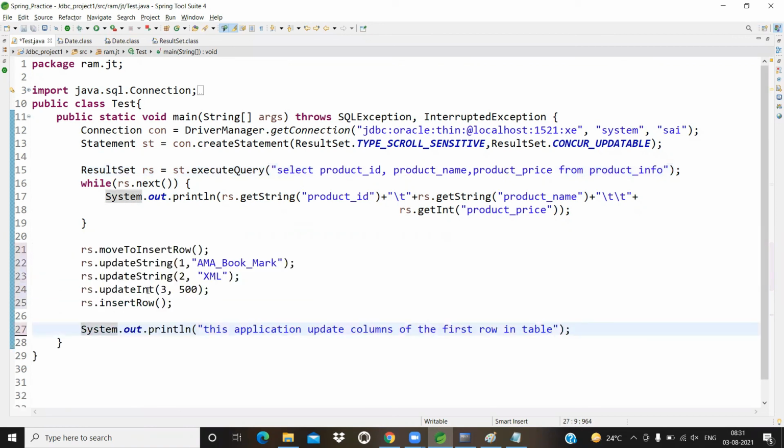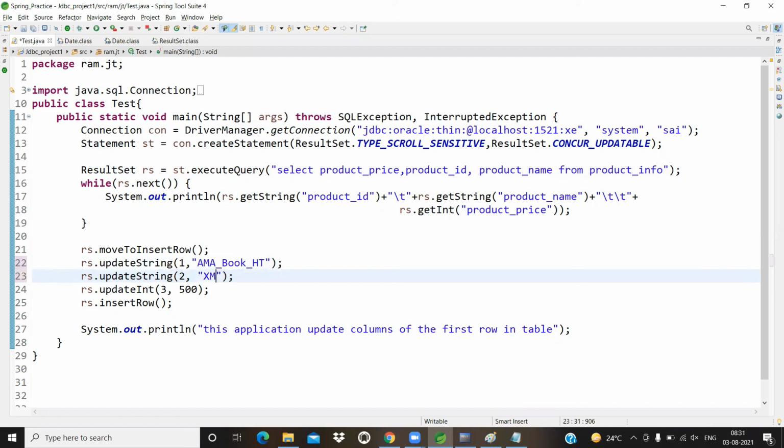Now I'm inserting some record. Now I'm using columns in the order we have in the database table, the same order I took previously. But I don't want to take the same order. I want to take a different order: product price, product ID, product name.